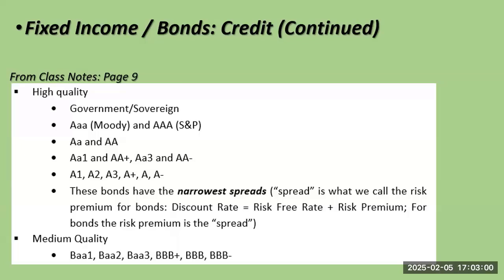So they should be AAA if you can print money. The problem is if you print too much money, you can have inflationary, all kinds of serious problems. But the US government can print its own money. Then you have very, very high quality AAA, AA, and single A. These will have, now be careful. Remember, we talked about,